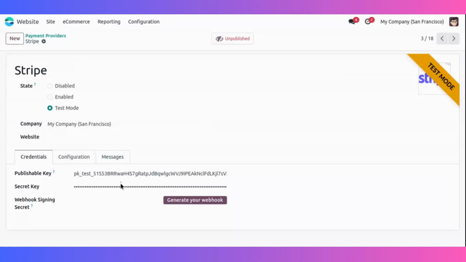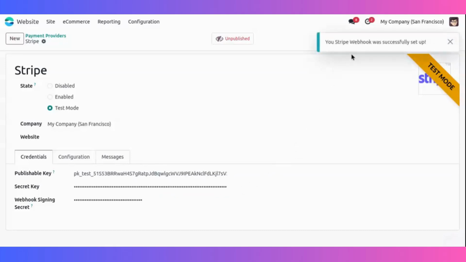After saving this, we can see the webhook signing secret. Here we have a button to generate your webhook, which will connect our Odoo and Stripe. Currently the setup was successful. Now I'll just publish this payment provider,